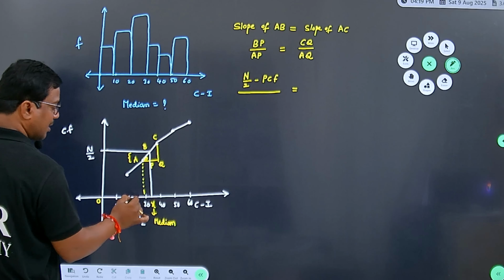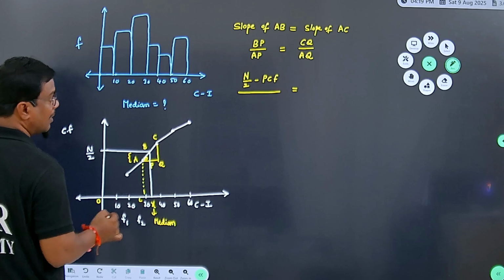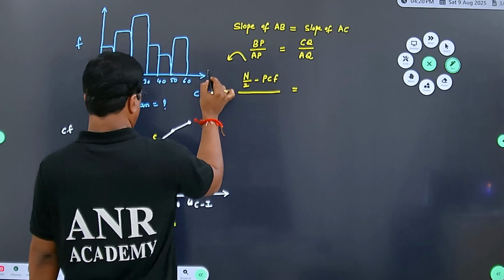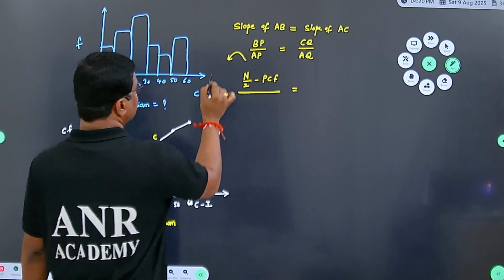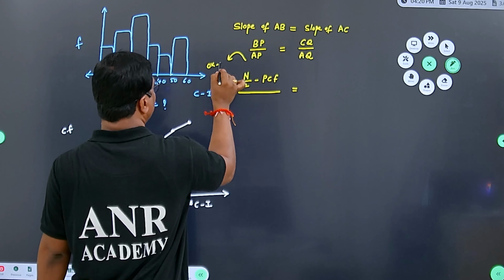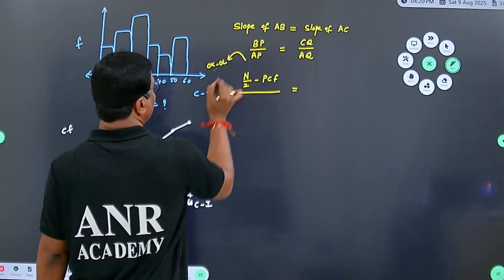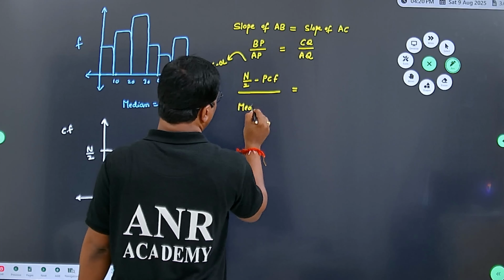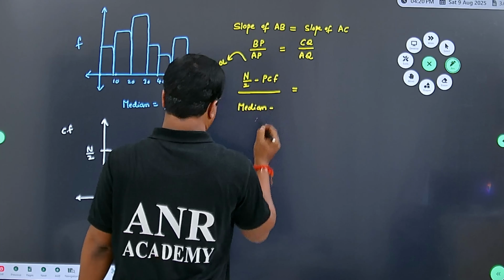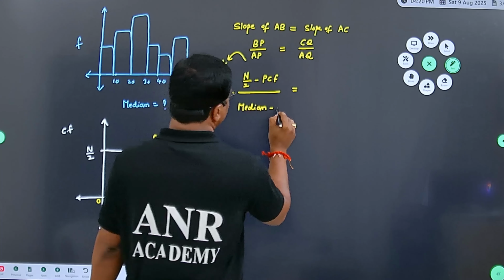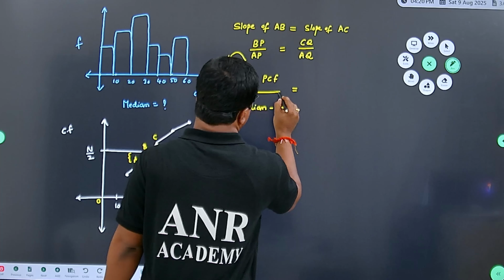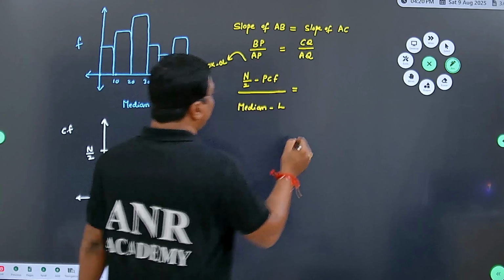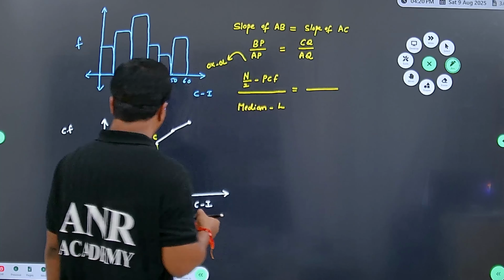From OX, if I remove OL, AP is written as O to X minus O to L, nothing but here X is the median, next OL is L, the lower limit value. Next, in the right part, CQ, C to Q,